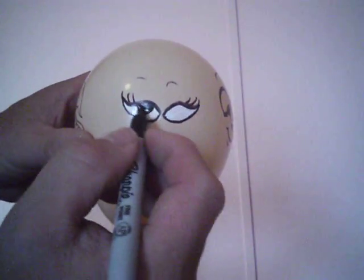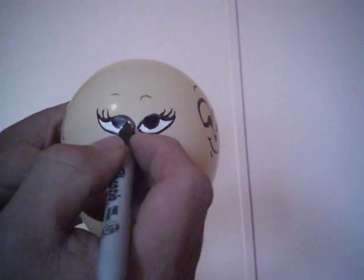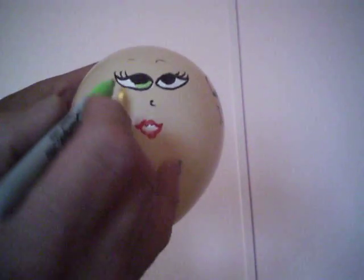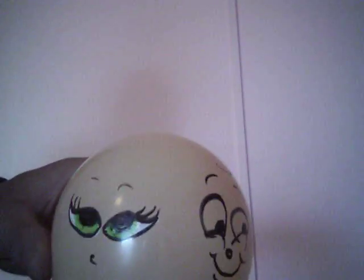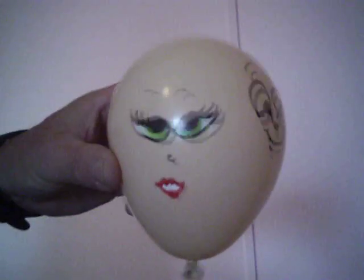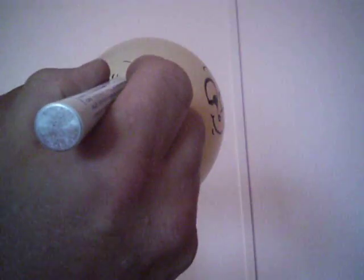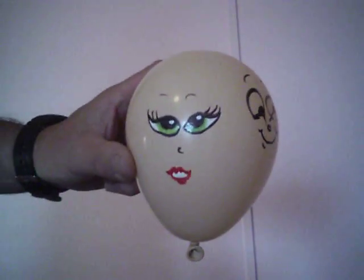Give her these, a little more sexy eyes, sultry eyes, if you want to call it that. Like that. And give her eye color. You can use any color you want. I tend to go for green, also because I like green-eyed redheads the best. You guys may like blue-eyed blondes, but give me the green-eyed redheads every time. There we go. And again, I always like, if I can, to add just a little bit to that. Now you can enhance that all you want. Anybody who wants to work with